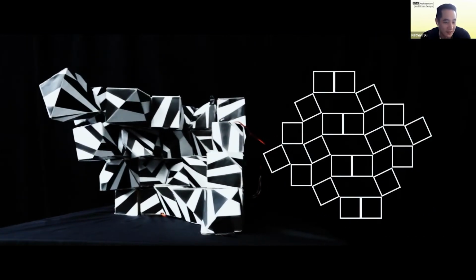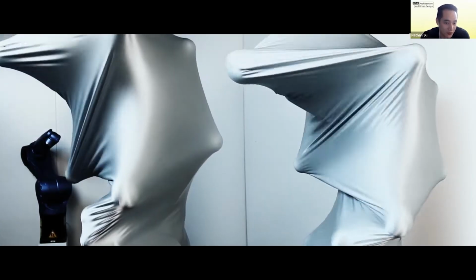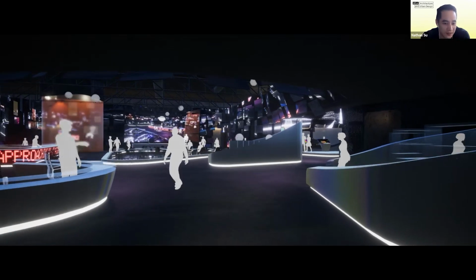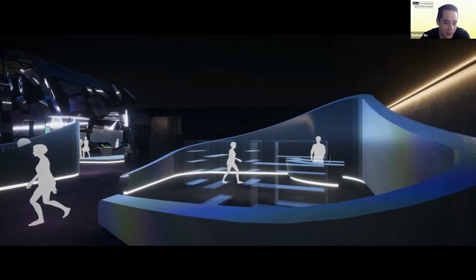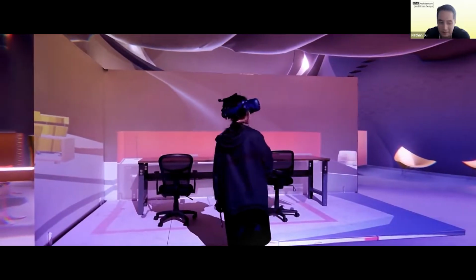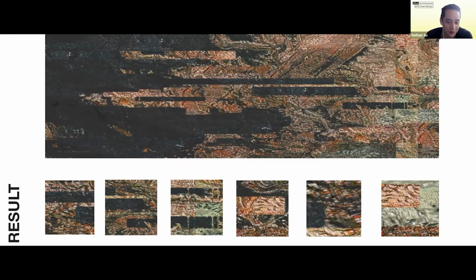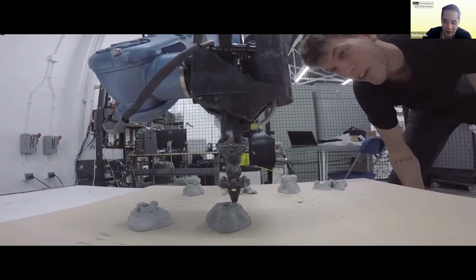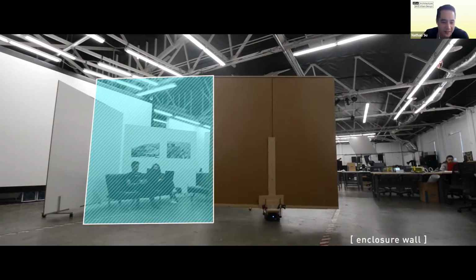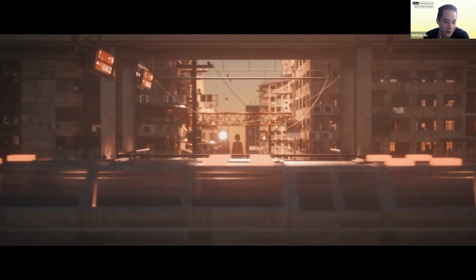And the studio briefs are designed to be taught in conjunction with those technology seminars that Natasha mentioned to deliver instruction on the tools used in each studio's projects. So in the past few years, technology seminars have looked at the creation of interactive playable games, the development of fully immersive VR environments, image production using machine learning and generative neural nets, robotically automated 3D printing and fabrication, spatial sensing and the autonomous navigation of robots, and VFX workflows for fully rendered